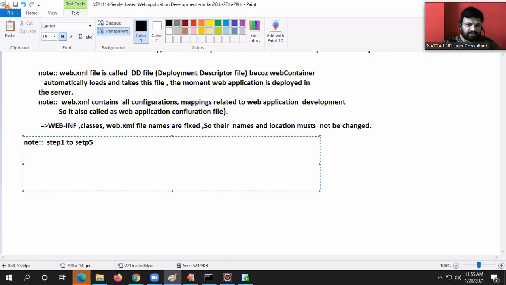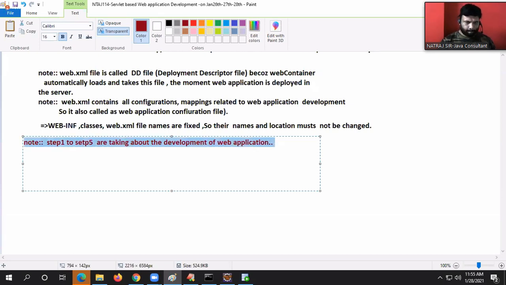I think we completed step 5. Steps 1 to 5 are talking about the development of the web application.